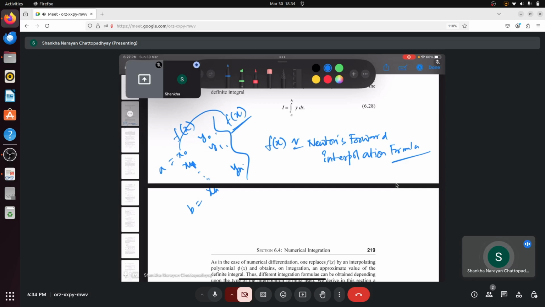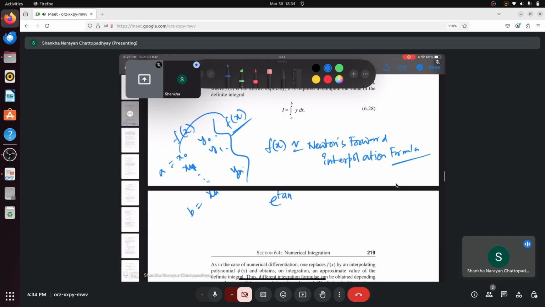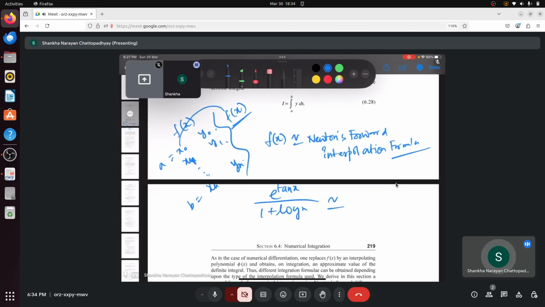If you have some complicated function such as e to the power tan x divided by 1 plus log x, you will approximate it using Newton's forward interpolating polynomial. You can have Newton's forward interpolation formula consisting of 2 points, 3 points, 4 points and so on, and depending upon it, as many xn as you introduce in the model, you will have more accuracy, but you